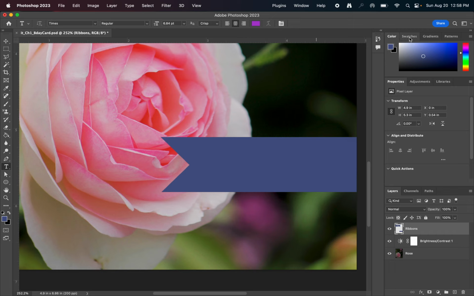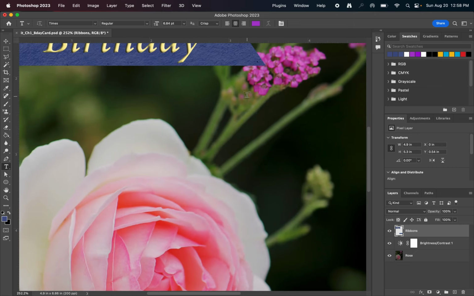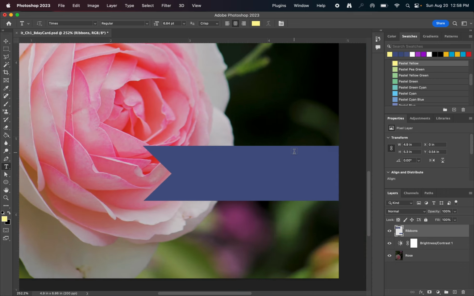Then on the top right, you're going to go to Swatches because we want to get the same yellow that's right here. So we're going to go to Swatches and then open up the pastel. And there should be a yellow. Let's click on this right here and do a small list. There you go. So look for pastel yellow. Click on that. That selects the yellow. So you can see here it is yellow, and you can see down here on our colors that it is yellow. So we're going to go back down,